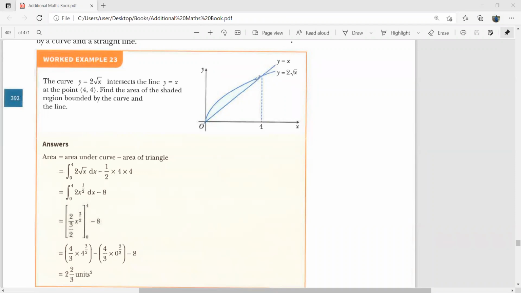Yes. Now, where to find this area, bachcho? This is the area that we have to find over here. Can you see that? I'm shading this further. Now, you have to decide that there are two curves over here. One is a curve with the equation y equal to under root x.